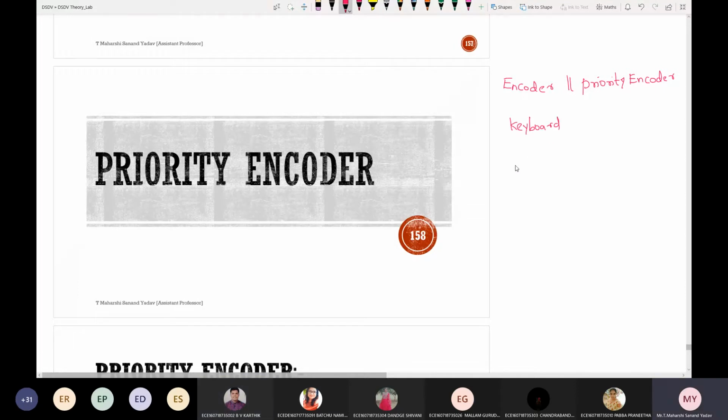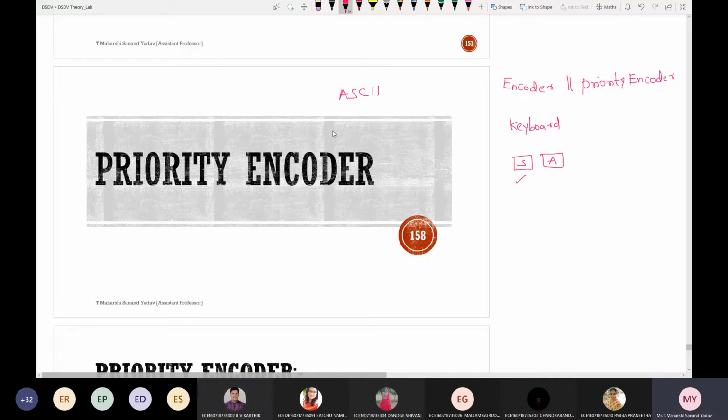If I take the example of a keyboard, I think you know this example already. If I press key S and A simultaneously, priority will be given to which key? S. Why? How is it decided?